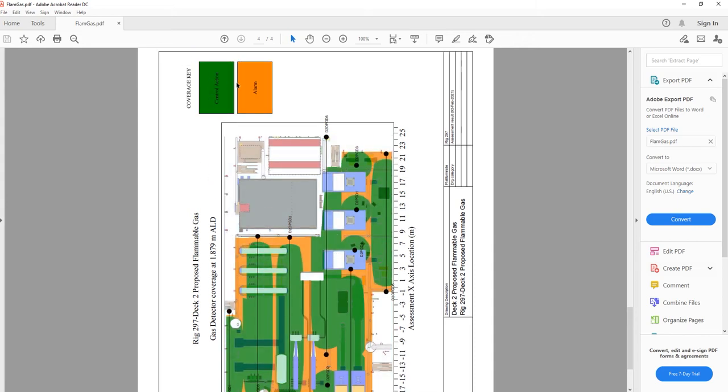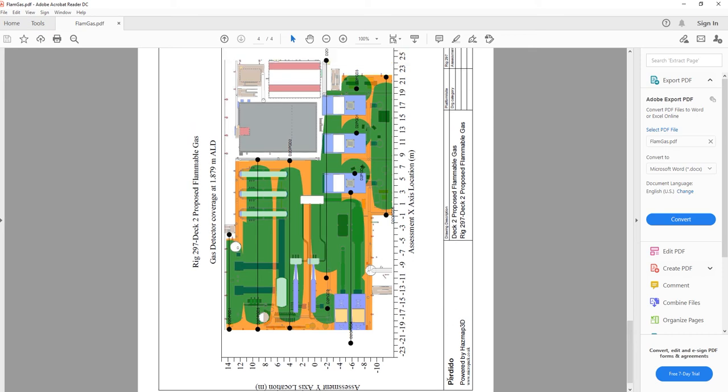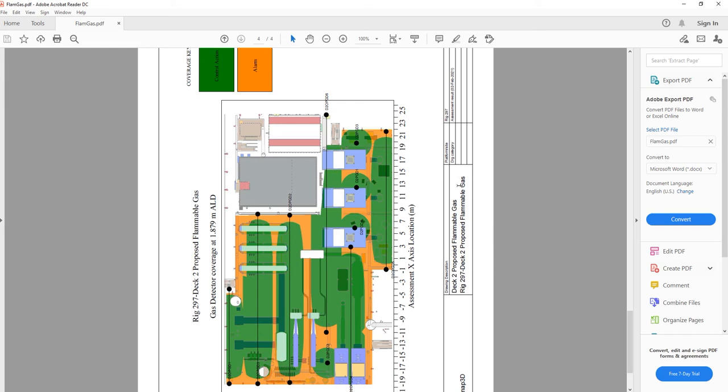And I can see my color key for control action, 2 out of N voted coverage with a high-low voting, or alarm, which is only low voted. And I can see my starting and stopping points for my open path detectors and a line connecting them. And I can also see my point detectors marked with a dot. You'll also see that I can program in the name of the client or the name of the project or the facility that I'm working for. And I can get a recording of, again, just the area that I'm assessing, the name of the assessment,